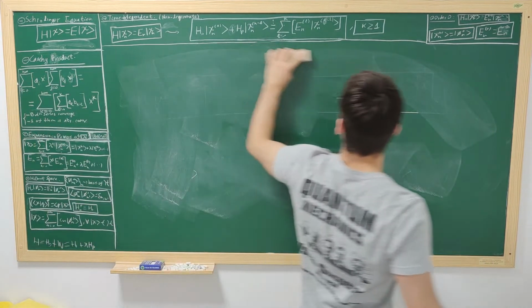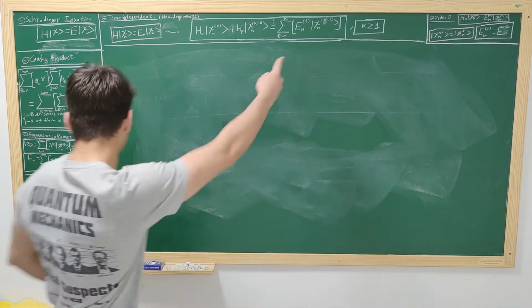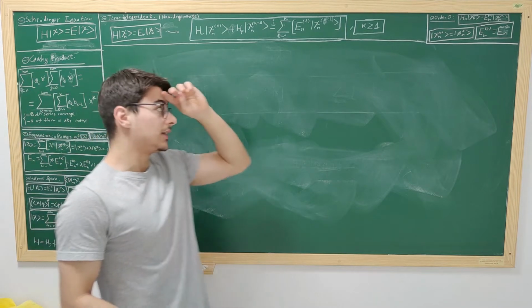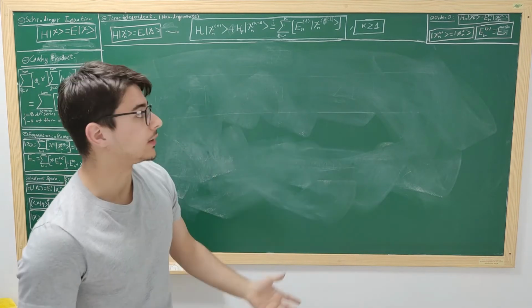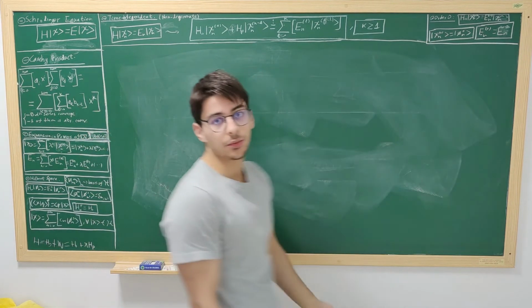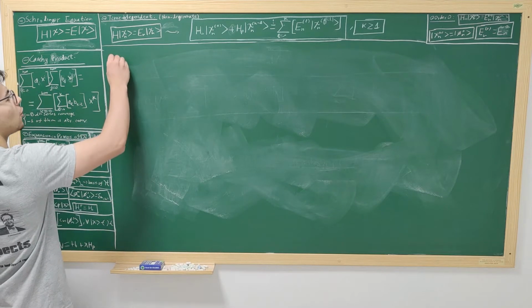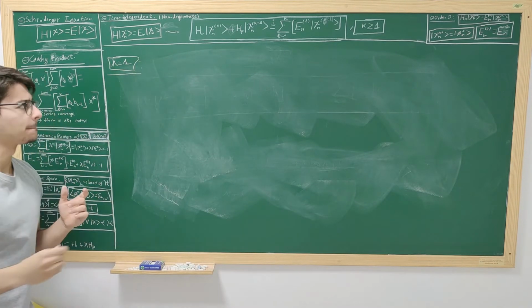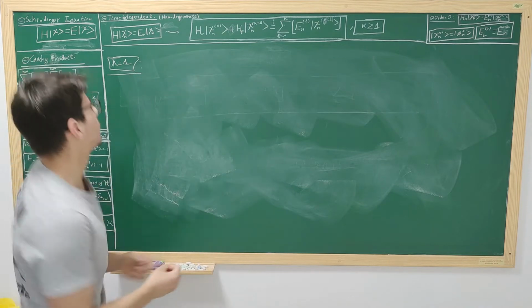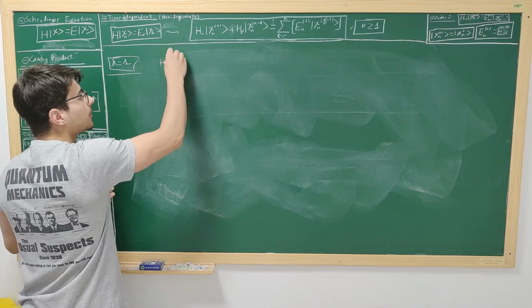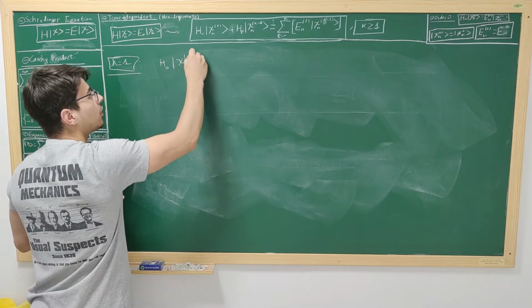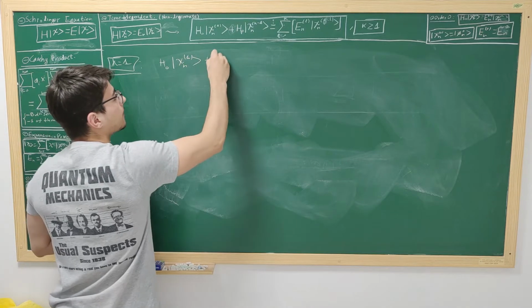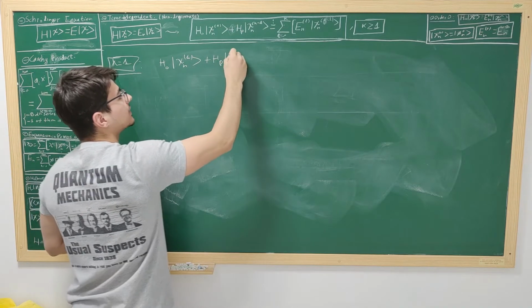Now, as I said, this relation is only valid for k equals 1 or greater, because we already took care of the zeroth order. So, what happens when k equals 1? When k equals 1, this equation just becomes H0 times the first order correction plus HP times the k minus 1,